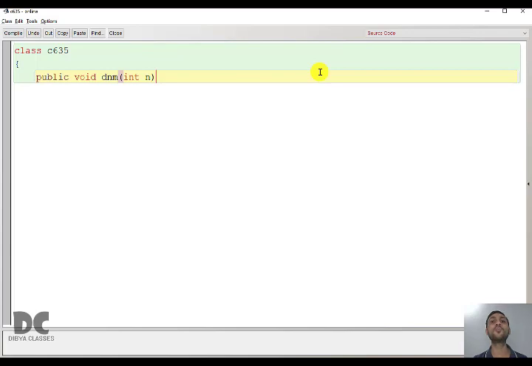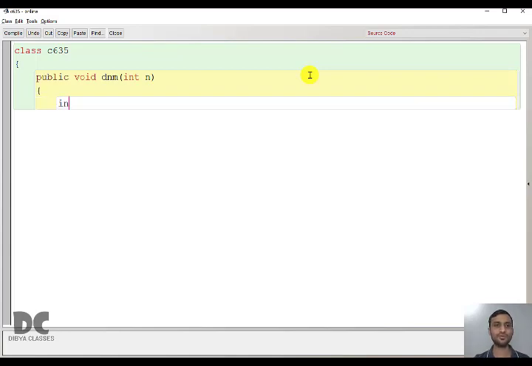N terms means how many? 5. So 5 terms means it will print 0, 1, 1, 2, 3, the first 5 terms. Here it is n, it can be anything. For now we are only doing the first 5.